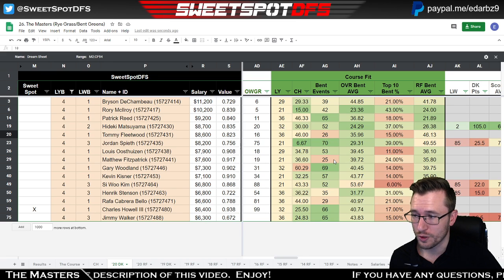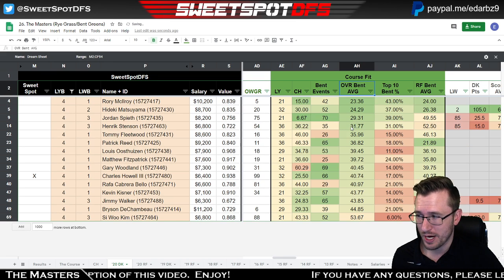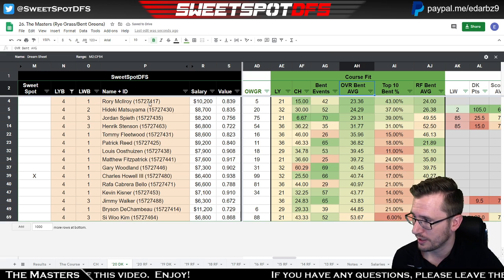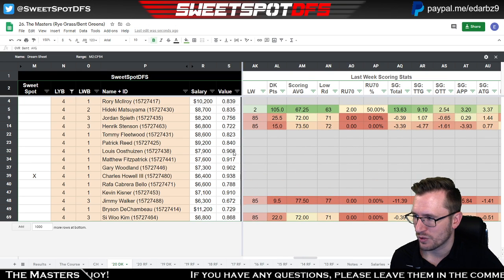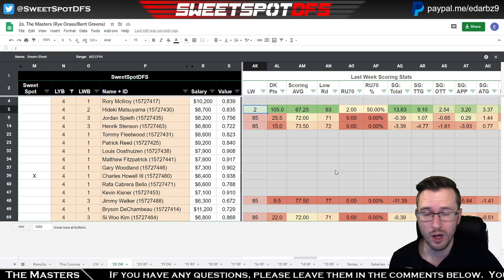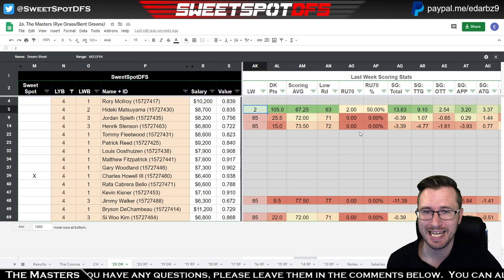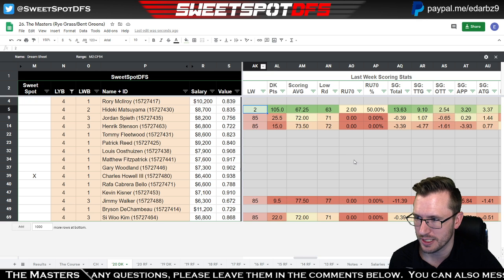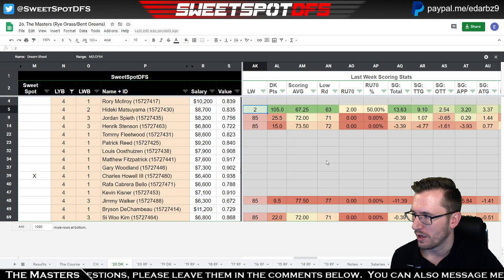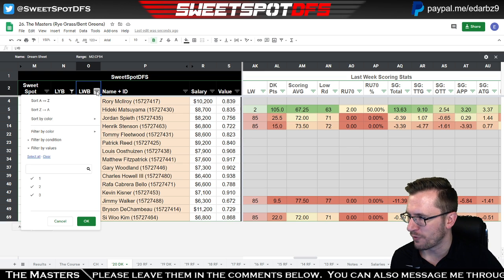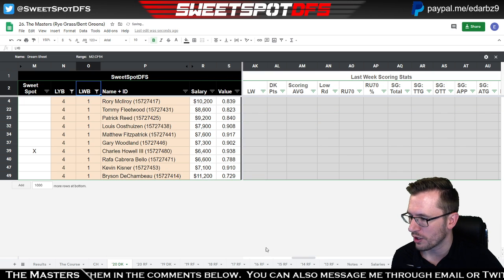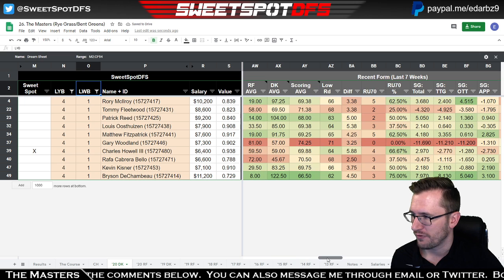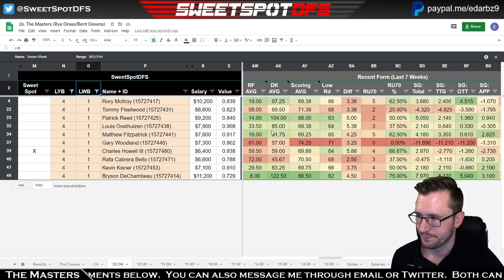We can look at course fit and maybe look at our favorite bent grass golfers, which ends up being Rory. Hideki's also up there. We can look at last week to see how some golfers did. Now, Hideki is the only one in this bucket range that didn't miss the cut for the golfers that did play. We're mostly looking at 4-1, so I should actually remove those golfers. So here are all of the 4-1s. If we look at recent form,